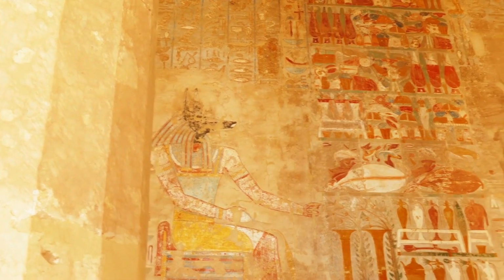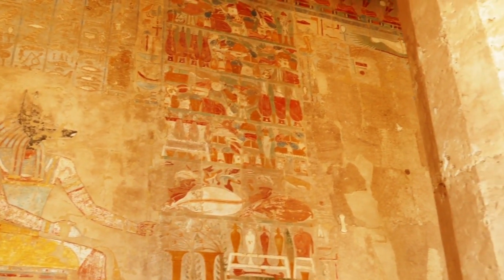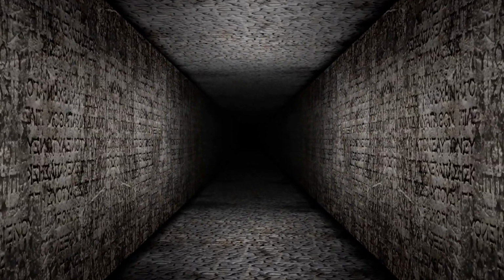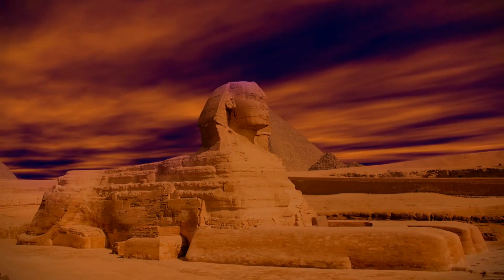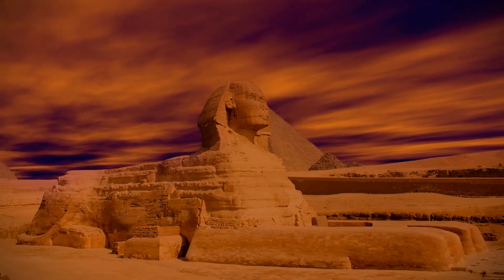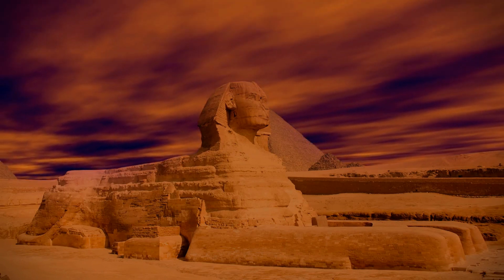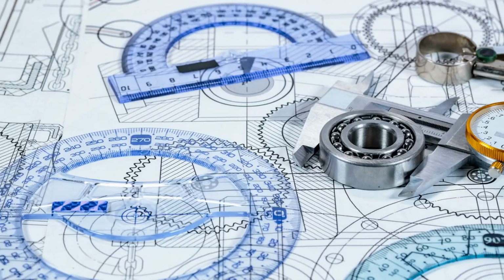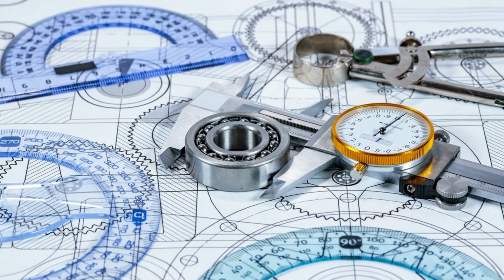The interior of the pyramid is also very precise, with multiple chambers and corridors that were carefully aligned with the cardinal directions. One of the most remarkable aspects of the Great Pyramid is the precision with which the individual blocks were cut and placed. The blocks used in the construction of the pyramid were often several tons in weight, yet they were cut with such precision that they fit together so tightly that it is impossible to slide a piece of paper between them. This level of precision is truly remarkable, especially given the limited tools and technology available to